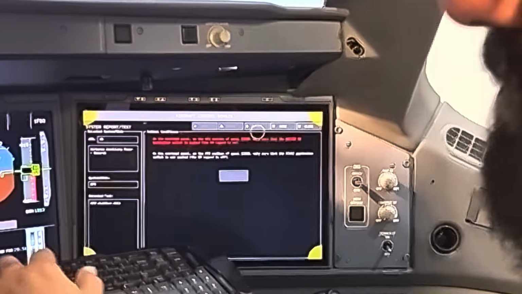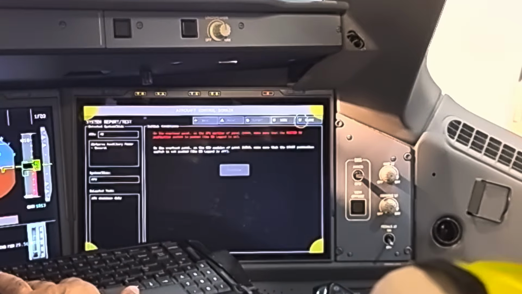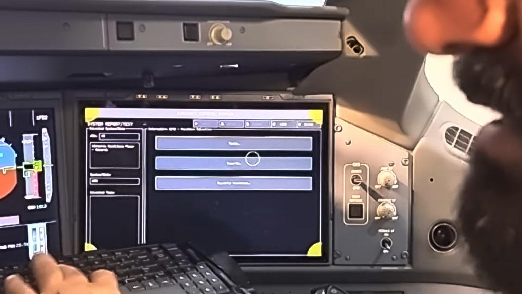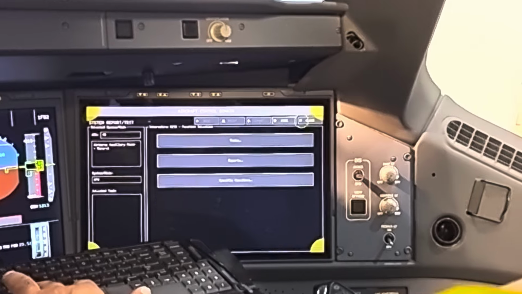I think we should not do it, right? Yeah, better. Sometimes in line maintenance, if the air is available, we can get all this. Okay. Now you want to see the